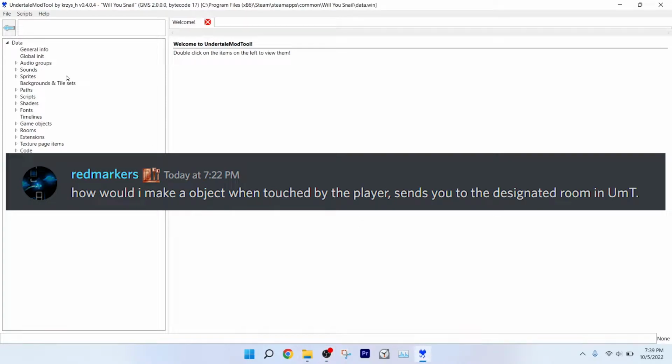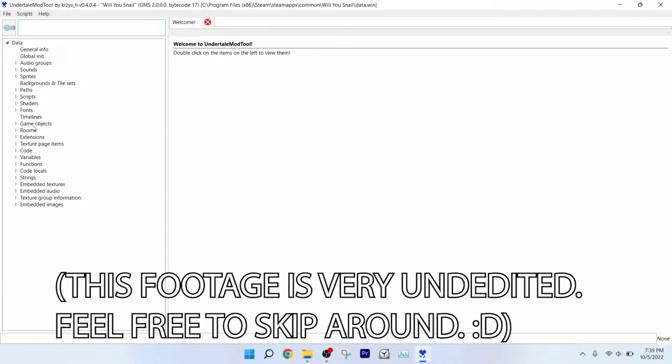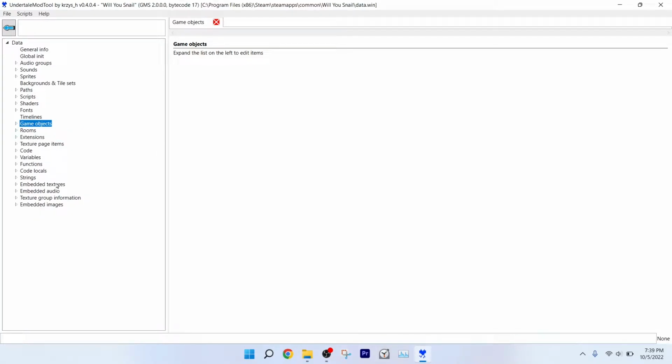So somebody in the Will You Snail Discord was asking how you can make an object in Will You Snail modding that teleports you to a room when you touch it. So this is specifically for the game Will You Snail, and this is specifically for a certain thing they want to do. So this is mainly for this one person, but I figured I'd make it a public tutorial anyways,